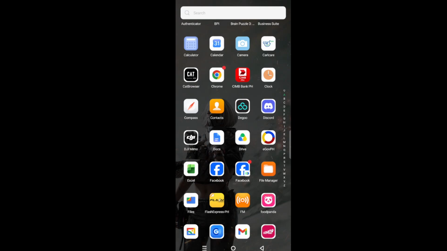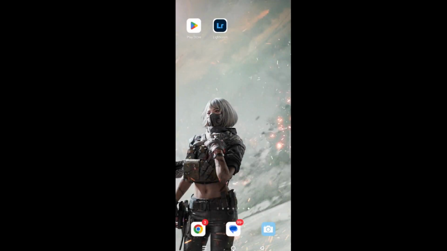In today's video, I'm going to teach you how to import presets to Lightroom Mobile. If you've downloaded a preset pack and you're ready to speed up your editing, this walkthrough will make the whole process simple and stress-free. Before we jump into the app, make sure you've saved your preset files to a place you can easily find on your phone.